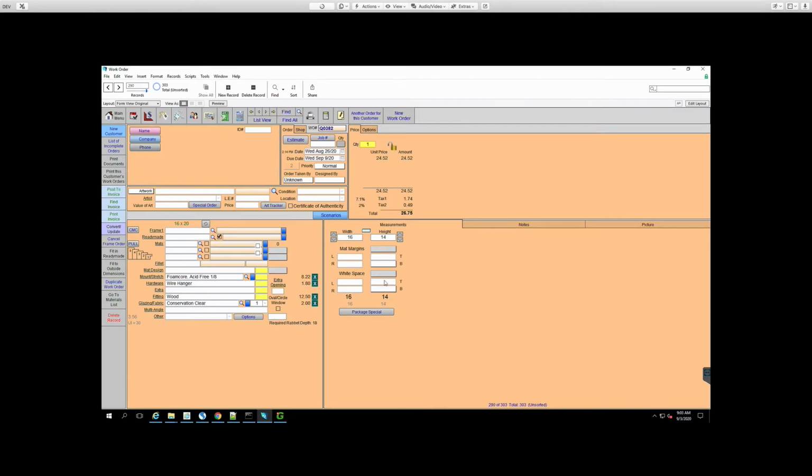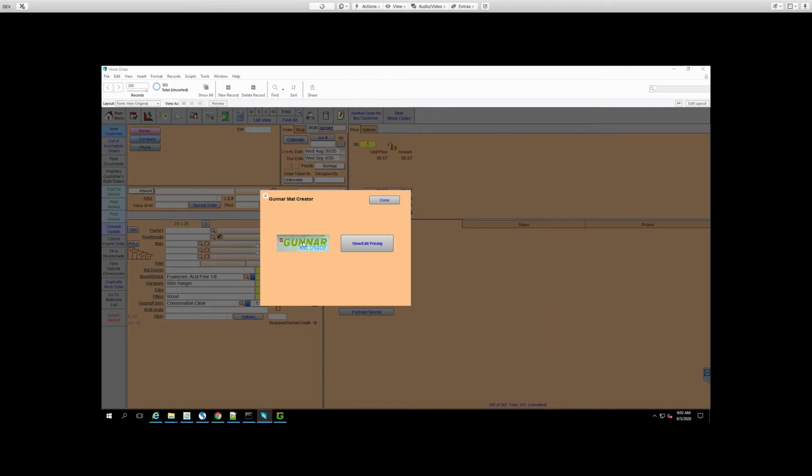It doesn't have a matte design. Okay, so we'll set some matte margins on this. Okay, we've got our dimensions, opening, and then at this point, once we've got everything that we want set, we'll hit the CMC button, and we'll